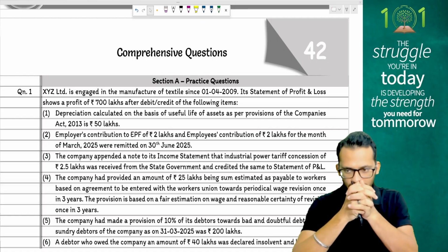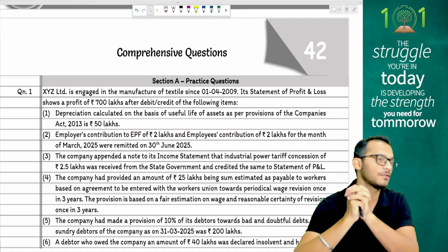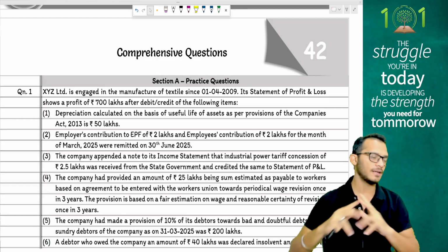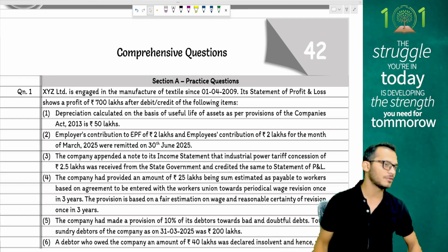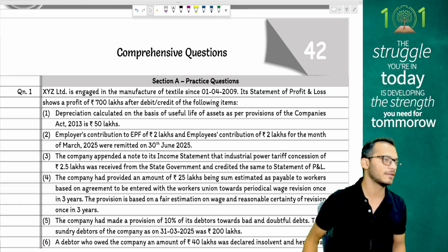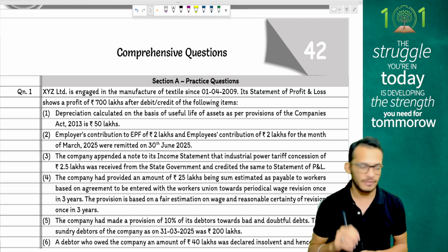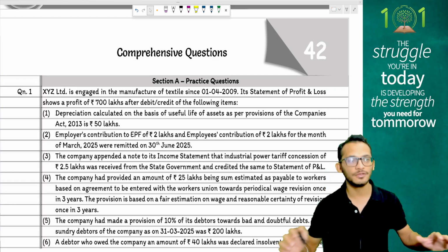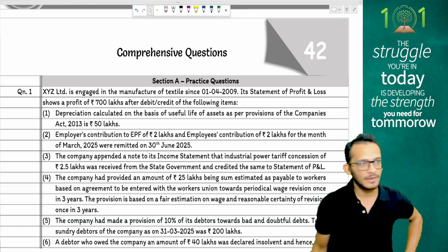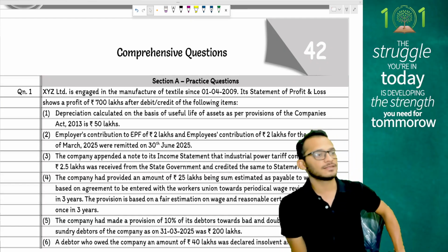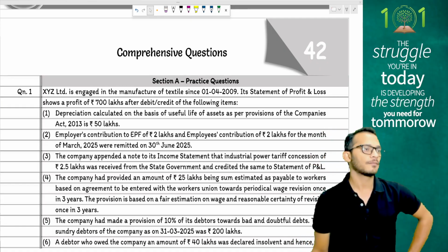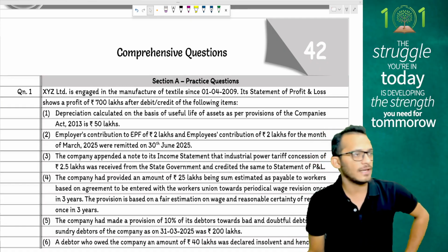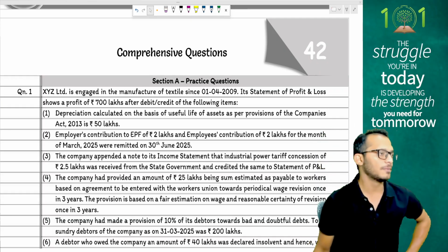We are getting into the most important discussion for our syllabus, right? Yes, the one important discussion which carries the most weightage in your exams. We are looking at what is called your comprehensive questions, or if I have to put it in your exam terms, your computation of total income. Yes, this is your compulsory question number one, which carries almost about 14 marks.